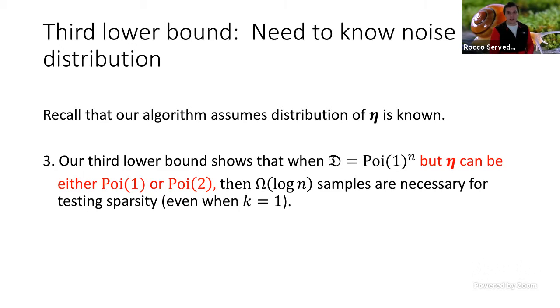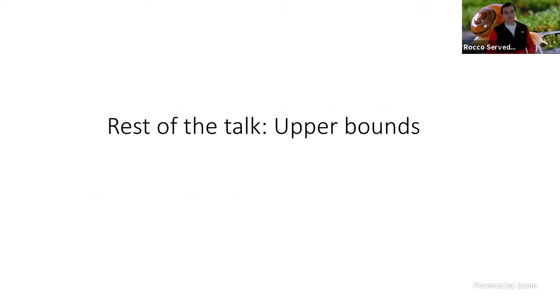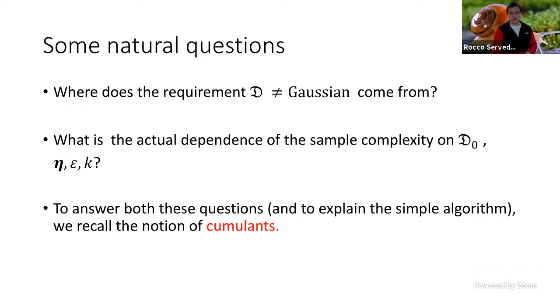So I don't want to say much more about the lower bounds. In the rest of the talk, I was going to give you some of the ideas of the upper bounds. For the upper bounds, there are essentially two different algorithms. There's a simpler algorithm for the clean case that I started off with, where the underlying distribution is uniform over the hypercube. And then there's a somewhat more complicated algorithm for the more general case of an arbitrary distribution. I'll try to say a little bit about each of those settings, but maybe just to motivate the upcoming discussion,